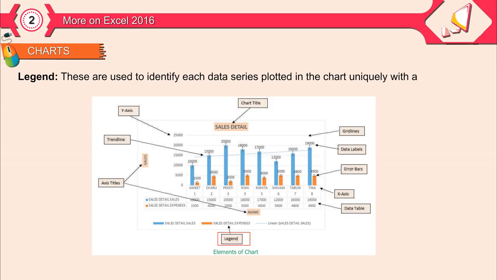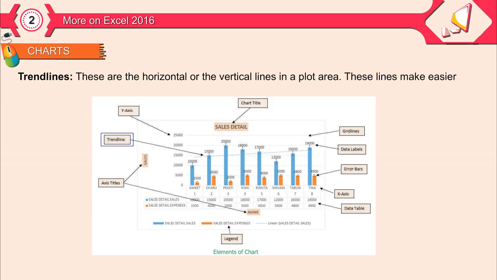Legend. These are used to identify each data series plotted in the chart uniquely with a different color or pattern. Trend lines. These are the horizontal or the vertical lines in a plot area. These lines make it easier to identify the value of each data point on